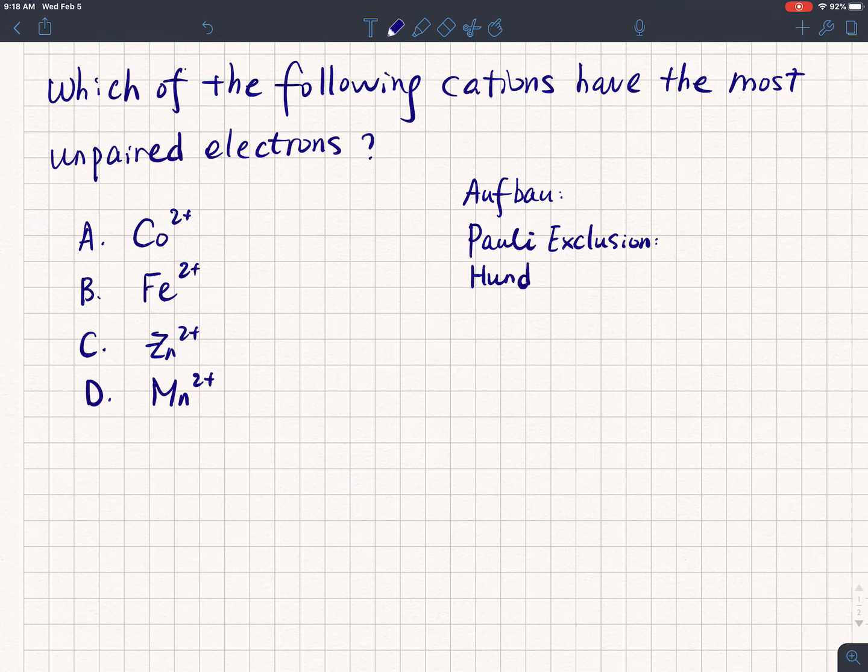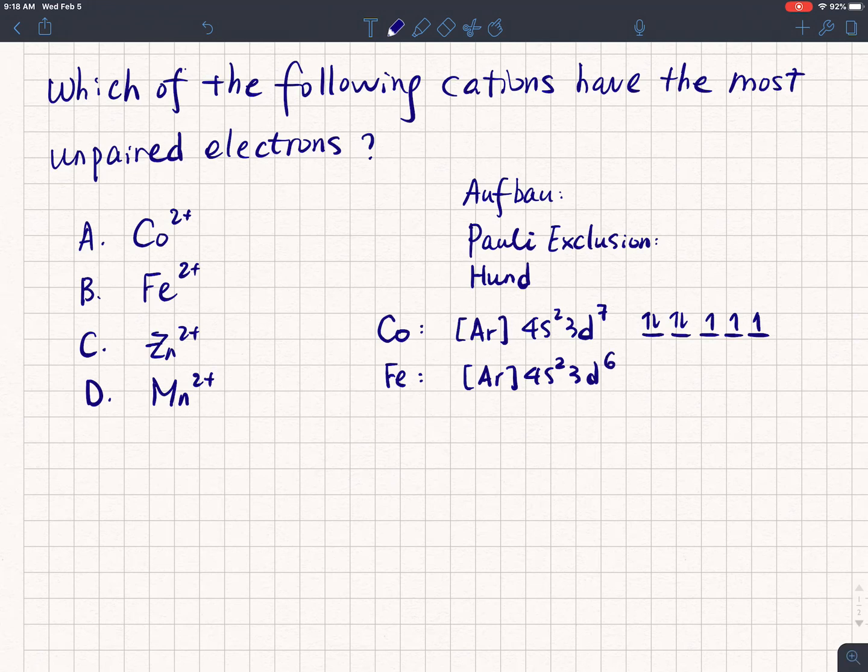Before we do the ions, first we can write out the electron configuration for the metal atoms. So for cobalt, it will look like 4s2, 3d7. The electrons fill in the 4s subshell first, even though it's in the 4th shell, because 4s has lower energy than 3d. And 3d has 5 orbitals, and I have 7 electrons, so 2 of the electrons have to be paired up. And for iron, it will be argon